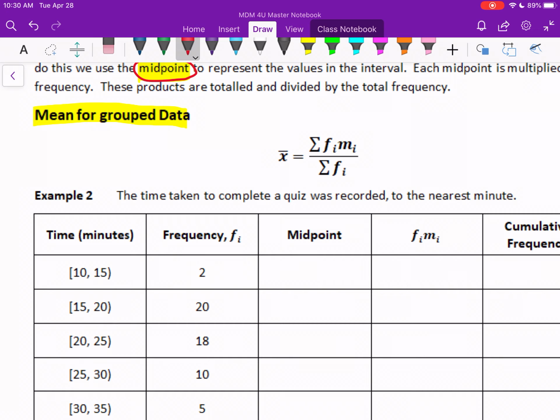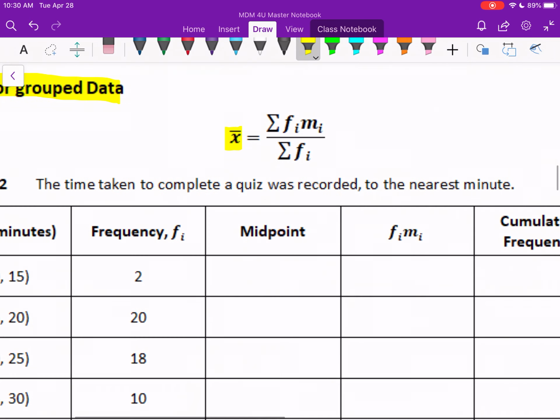Again, you can see this is x bar as opposed to mu. It could have been mu just as easily, but seeing x bar there, this formula wasn't written down twice, but it's just showing that it could be. This is indicating to me that this would have been a sample because of the use of x bar. What do the other things mean here? Well, sigma, this Greek symbol here, means take the sum of something. In other words, add it up. So it's the sum of,